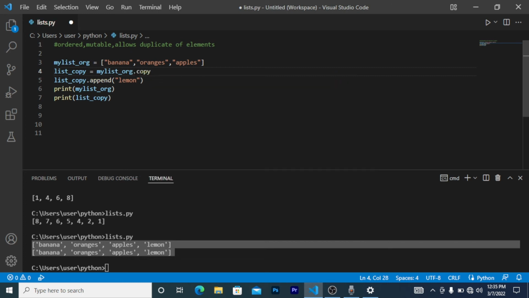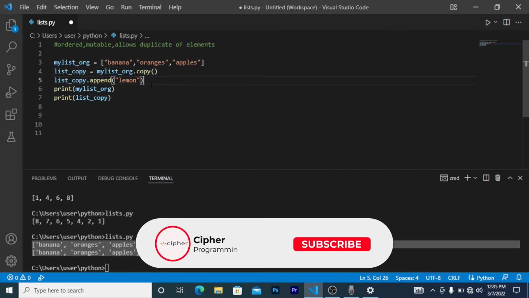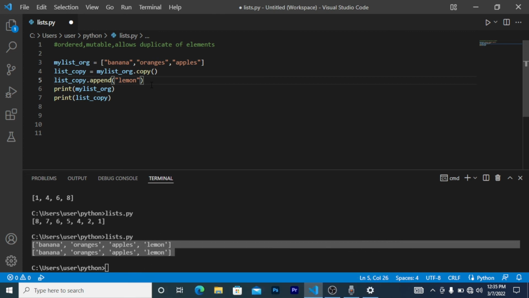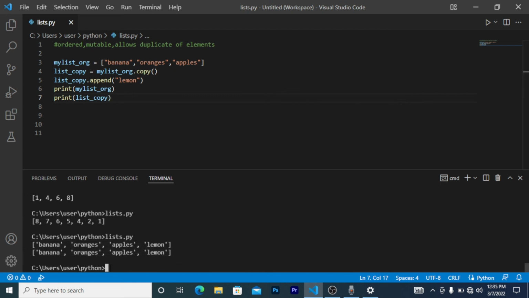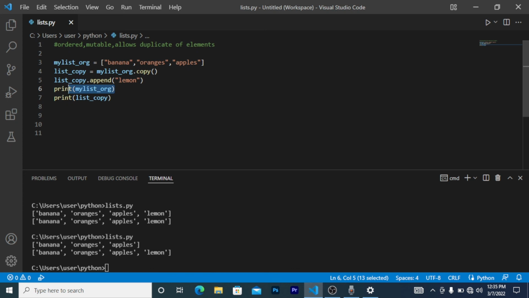Now if you use the dot copy method and then try to print this, let's see what happens. Now you can see that the original list does not contain the lemon. So this is how we can go around this problem. Now let's talk about